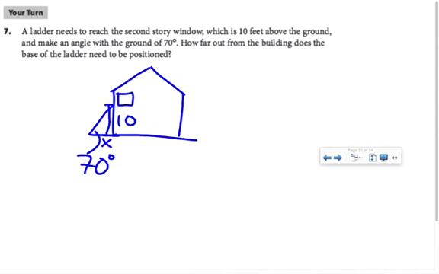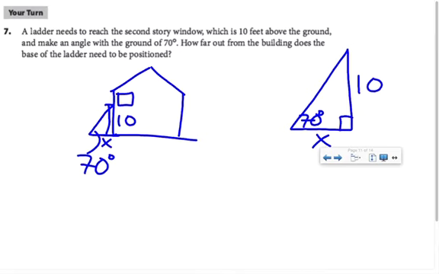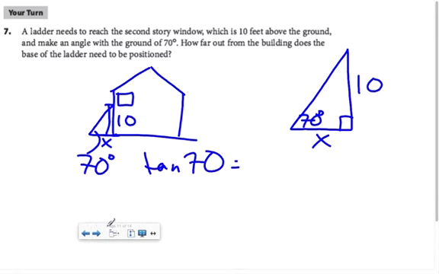Okay, so now that we have an idea of what's where in this problem, maybe we want to draw a triangle that is separate from this pretty little picture here. So this is 10, this is X, and this angle is 70 degrees. So I know that the tangent of 70 will equal 10 over X. And another way that I'd like you to consider how to solve the equation when X is in the denominator,